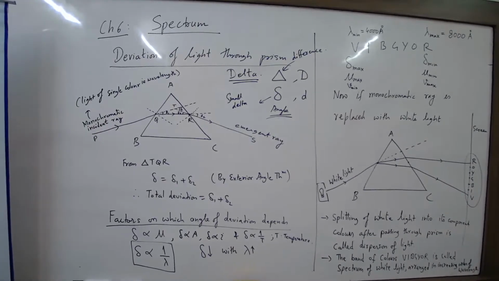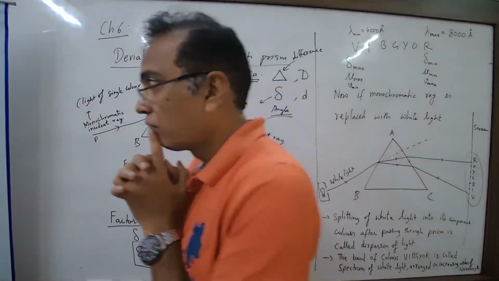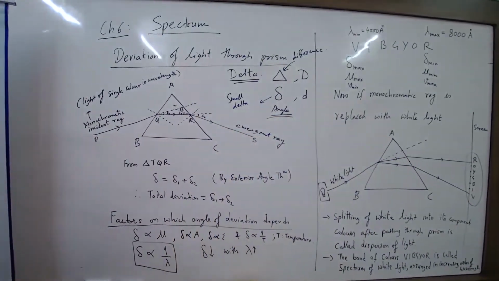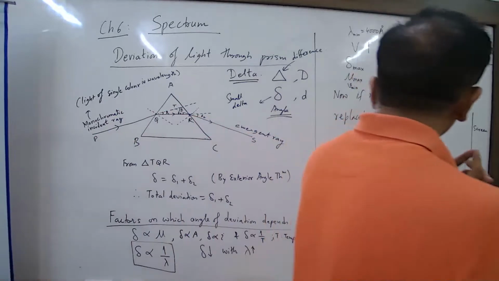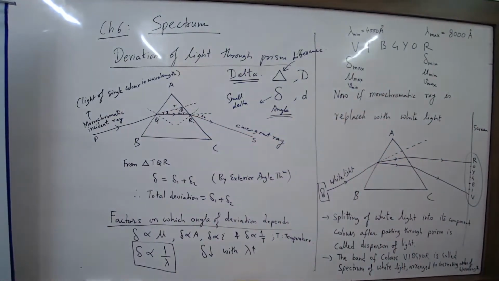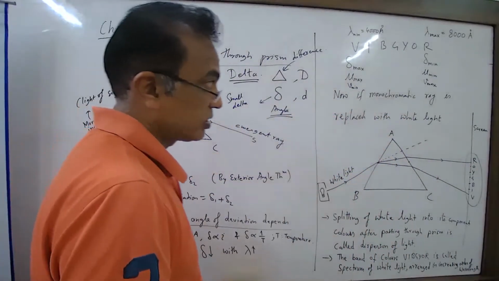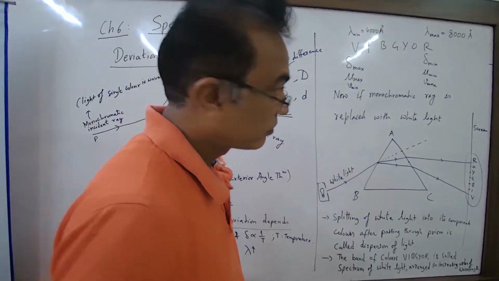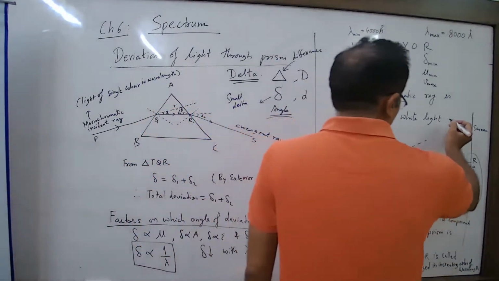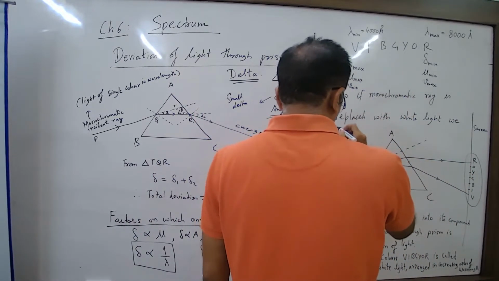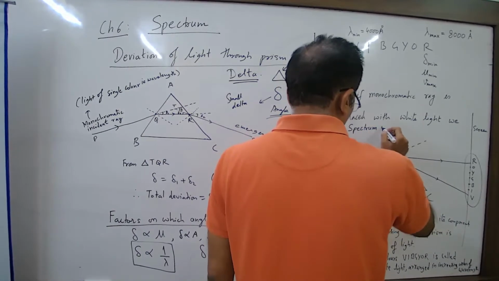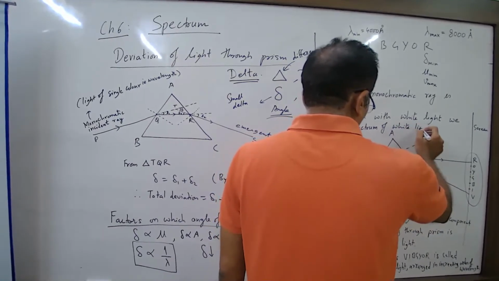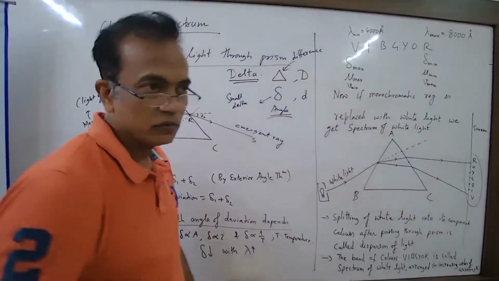हो गया? तो यहाँ पे क्या होता है? नाउ इफ मोनोक्रोमेटिक रे इज रिप्लेस्ड विद व्हाइट लाइट, तो क्या होता है? वी गेट स्पेक्ट्रम, ठीक है। वी गेट स्पेक्ट्रम। ठीक है, जो कि क्या है? वेव की ऑर्डर।